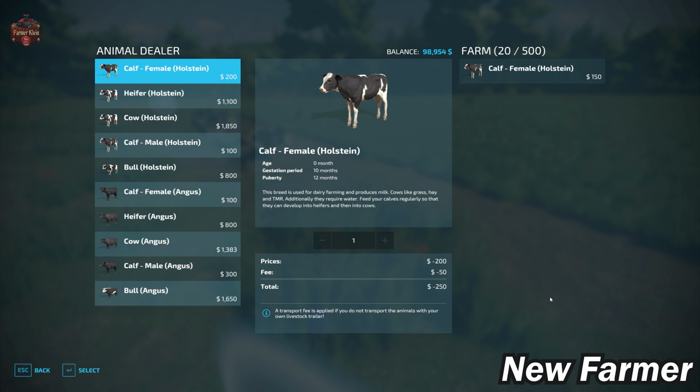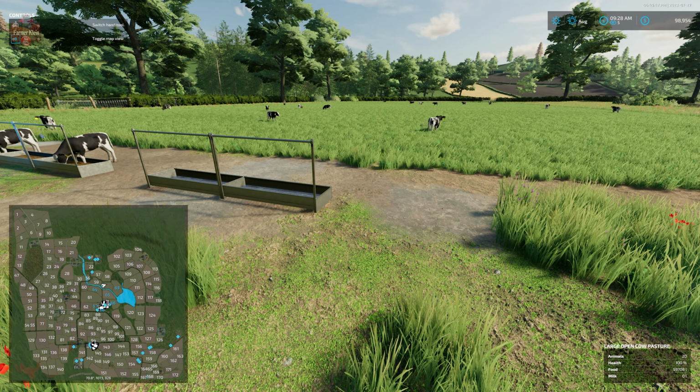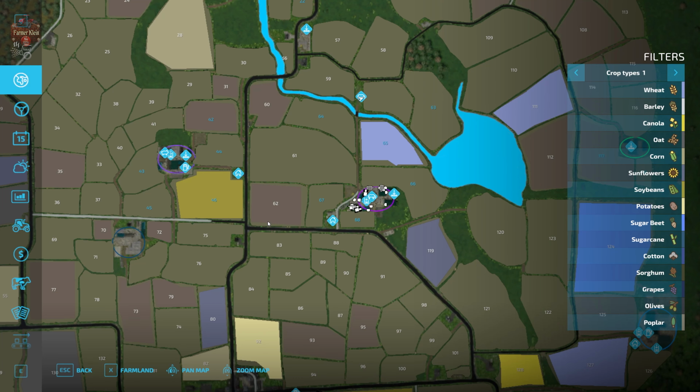500 calves or 500 cows are available here. We just so happen to have 20 calves. Here we have calves, heifers, Holstein cows, male calves, bulls for both Angus and Holsteins. I've gone ahead and bought all of the other farmland. So let's go ahead and take a look and see what type of animals and things we have available at those. Here at our starting farm, as I mentioned, we have the large open cow pasture,